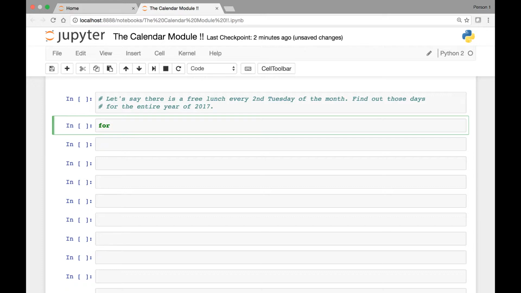So let's say for months in range, we'll start with our for loop. We'll pass 1 to 13 because we are interested in months 1 to 12, and the range function starts from 1 all the way to 12 and not including 13. So for months in our range 1 to 12,